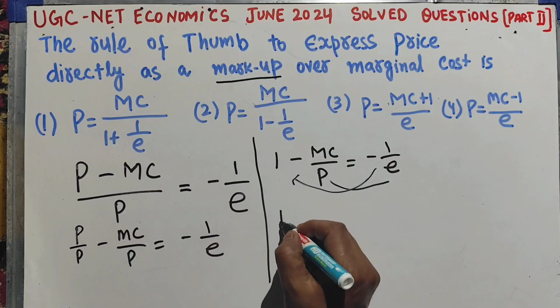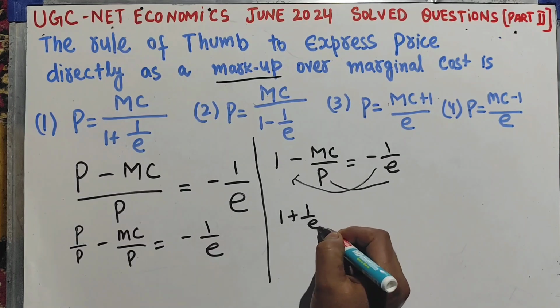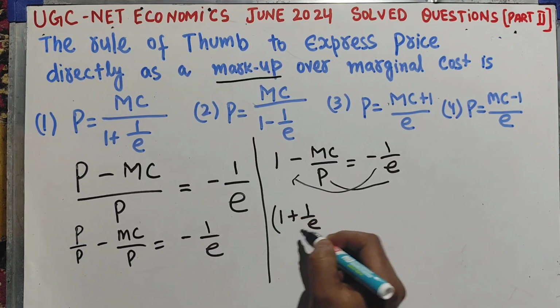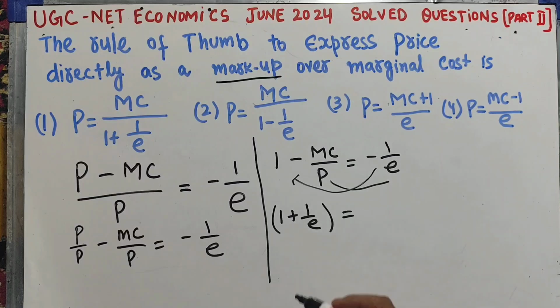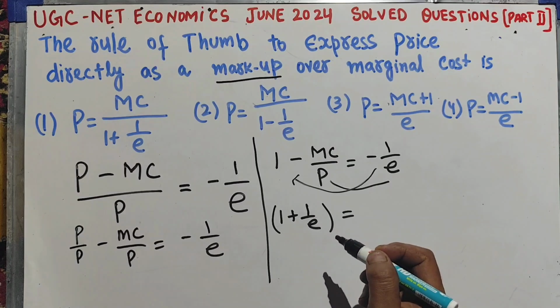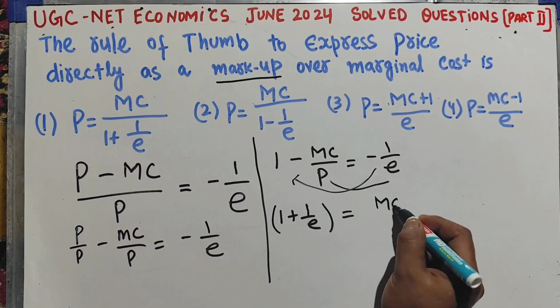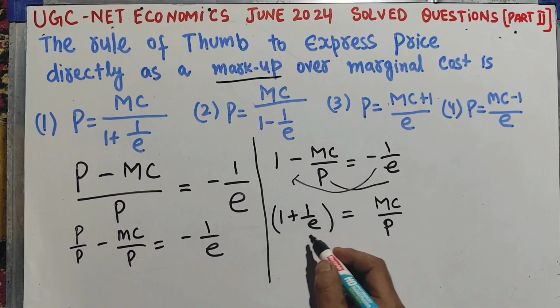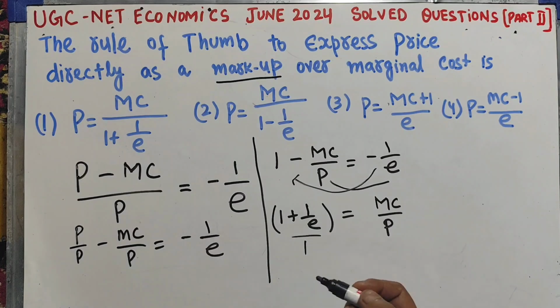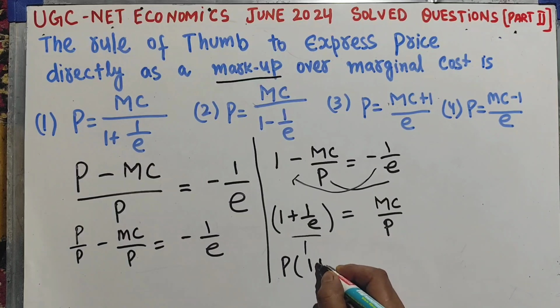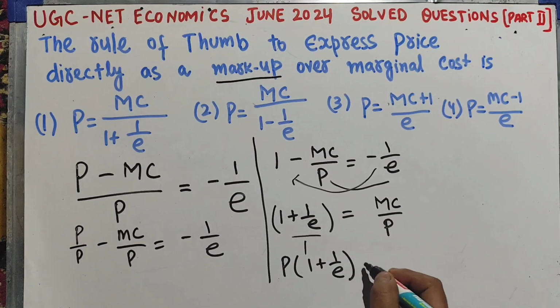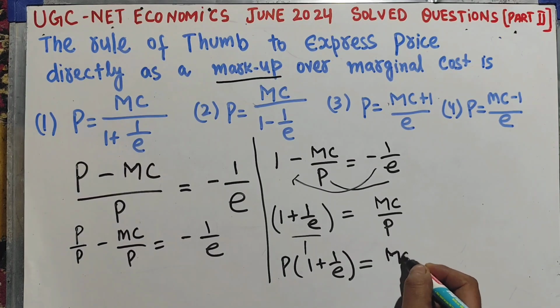So it becomes 1 plus 1 upon E will be equal to MC upon P. Okay, let's do the cross multiplication here. So we will get P times (1 plus 1 upon E) is equal to MC,